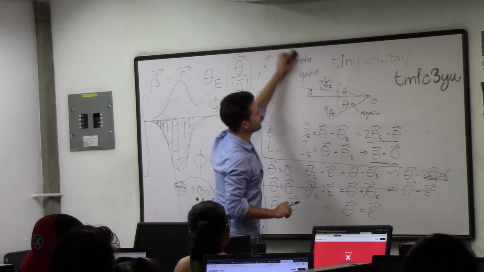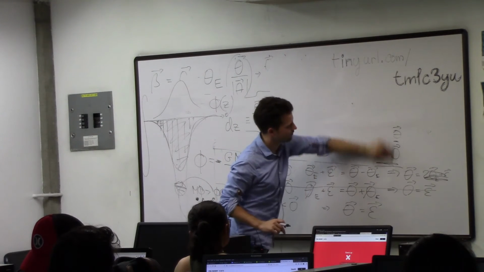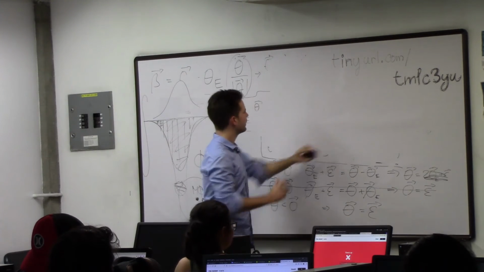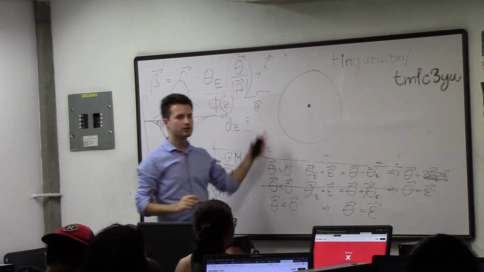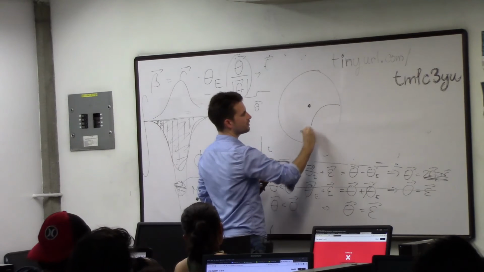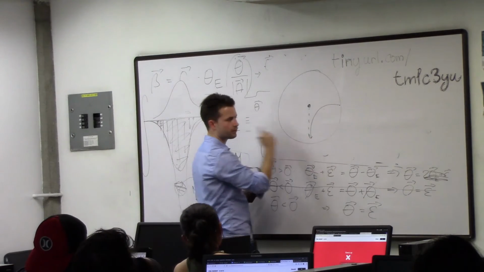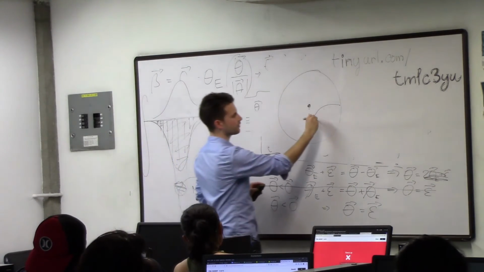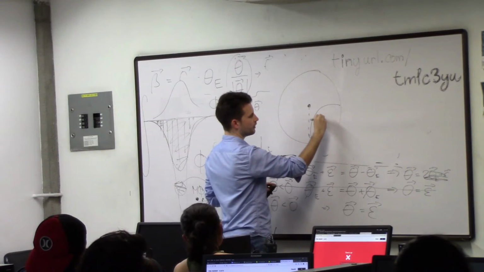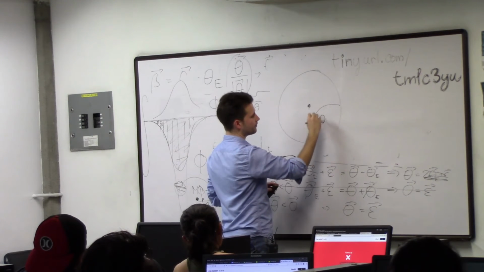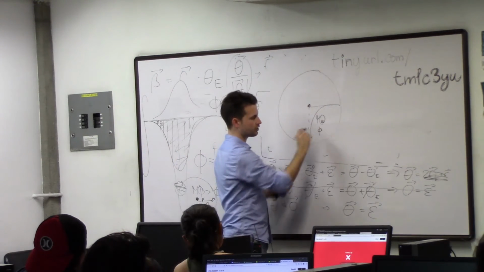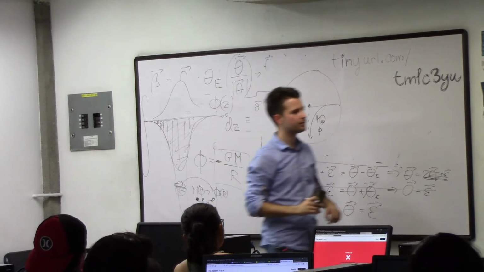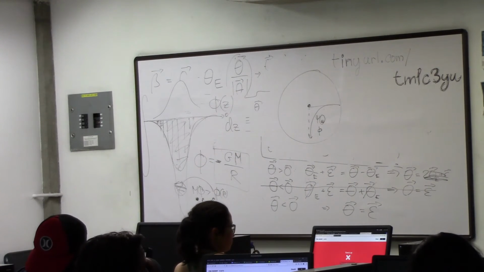I'll sacrifice now this part of the derivation. So take the lens from the outside. So your potential goes down as you go to the center of the lens. So this is your lensing potential. But also your gravitational potential goes down as you go to the center of the lens. And if you consider the equation we had over here,